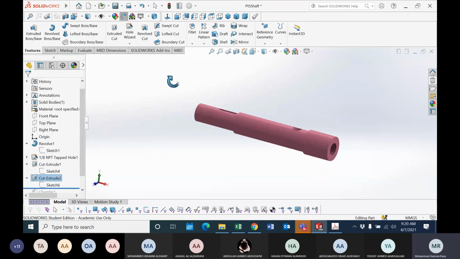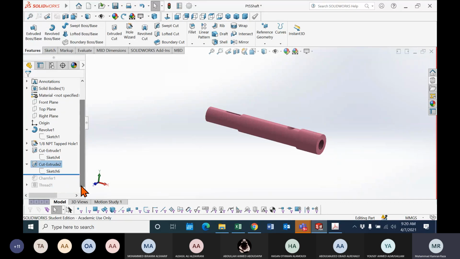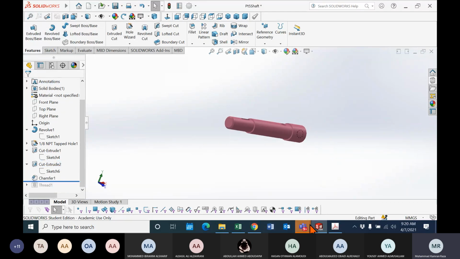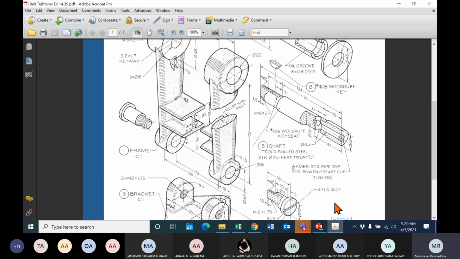Okay. After that one, next is the chamfer. This is the chamfer. We just did the simple chamfer. Chamfer dimensions are given here. The main thing is to read the dimension. The problem in the exam is that in the video I'm making the sketch, and you are just seeing it from the video.